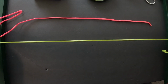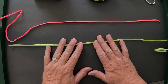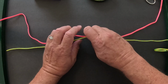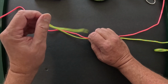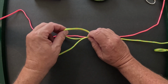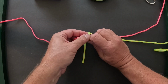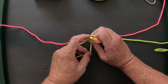First thing you do is lay your lines parallel to each other with the tag ends facing different directions. And remember, this is going to be our braided line here. So once you give yourself plenty of slack, grab those two and hold them together in the middle. Then take your braided line and make a loop that comes back over both your main line and the fluorocarbon line. And we go inside that loop and you make a uni knot, which is 1 time around, 2 times around,